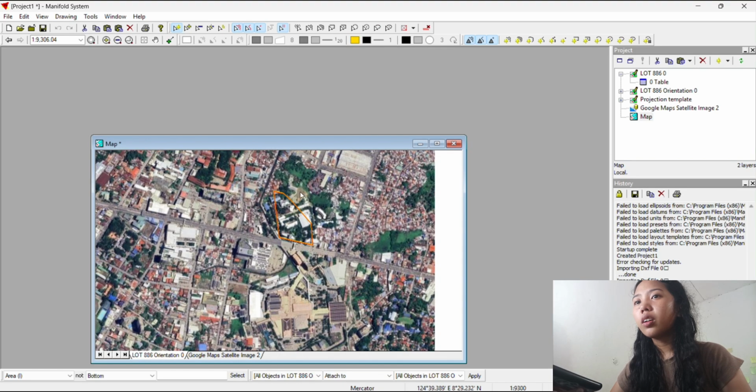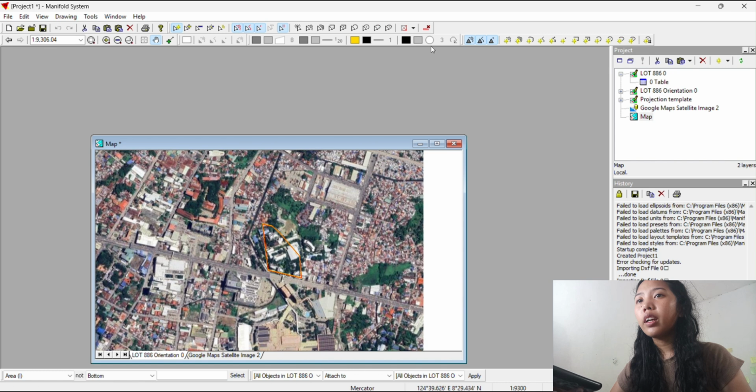Then delete map 2, all maps, map 2, 3, 4, and Google Maps satellite image.